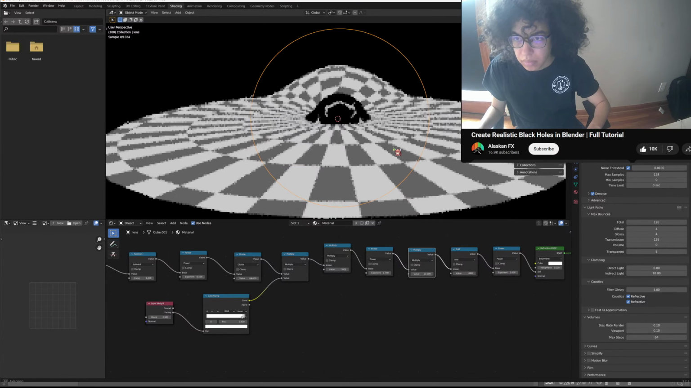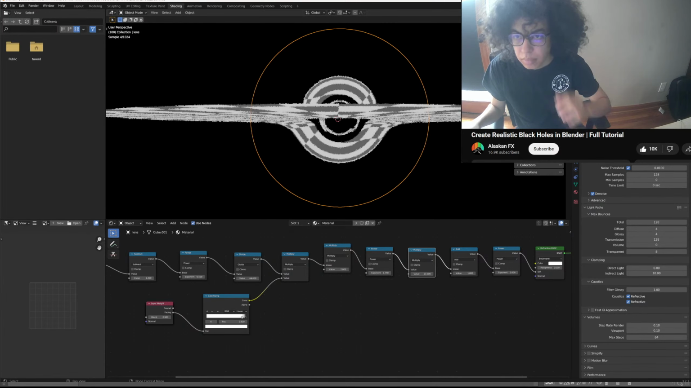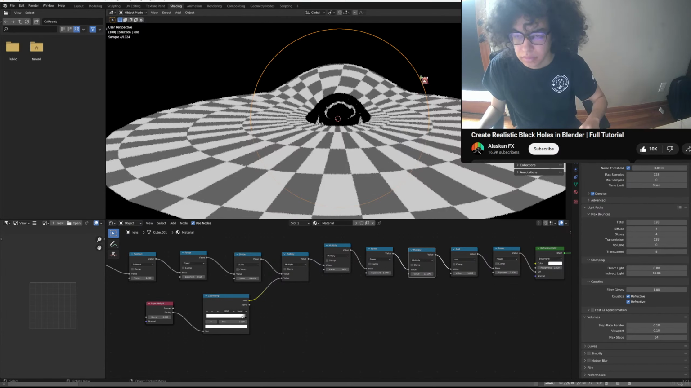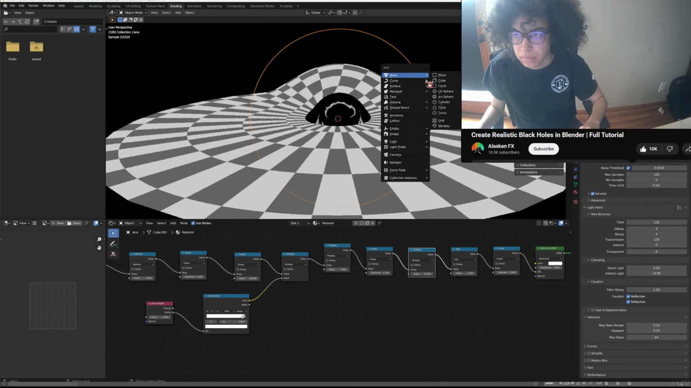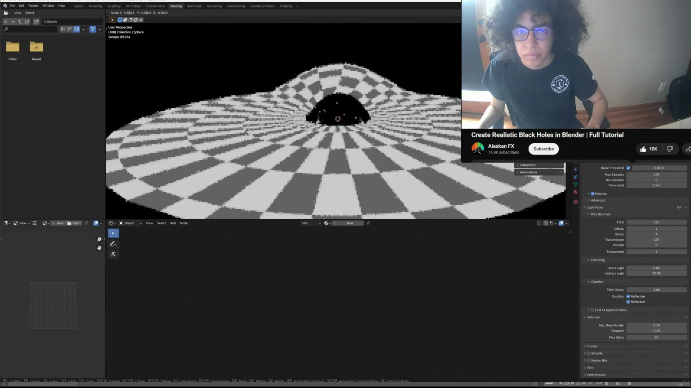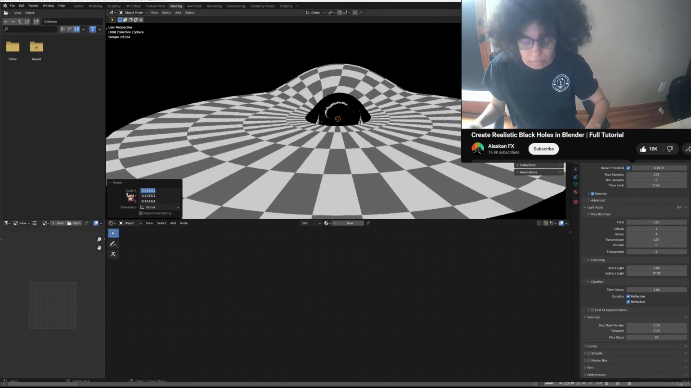But now one thing you're going to notice is that the center of our black hole isn't actually really black. And so what we're going to do is we're just going to add a regular old UV sphere, shade it smooth, shrink it down to something like 0.1, and we're just going to add an emission shader to it with a strength of 0, and that'll prevent those like